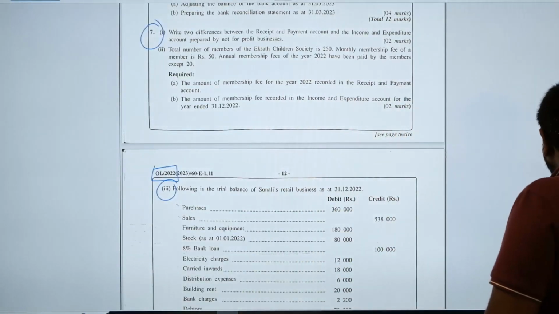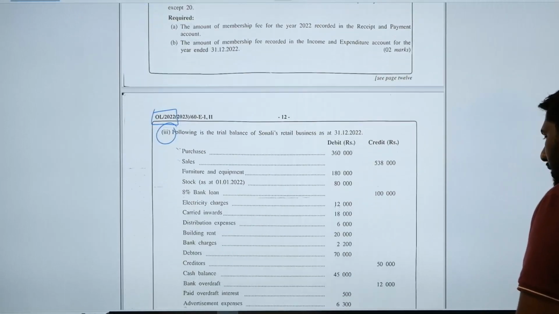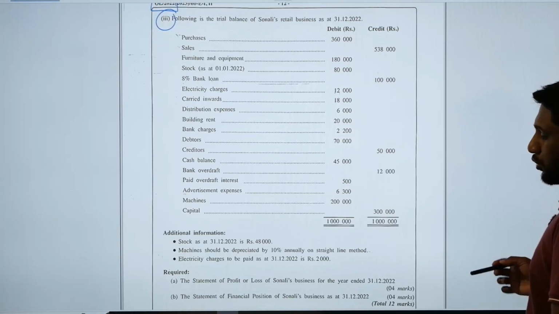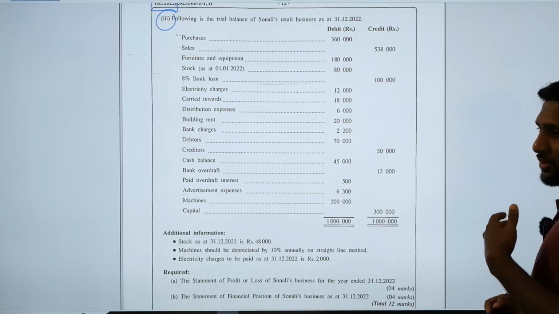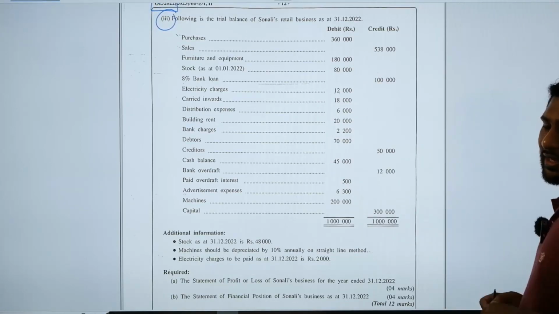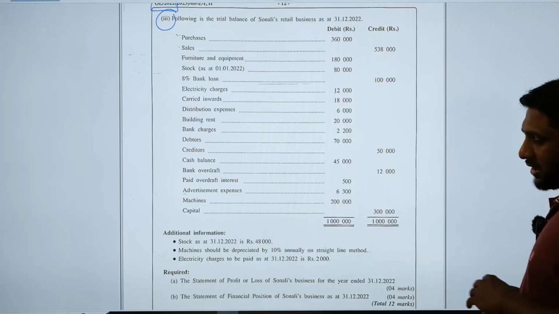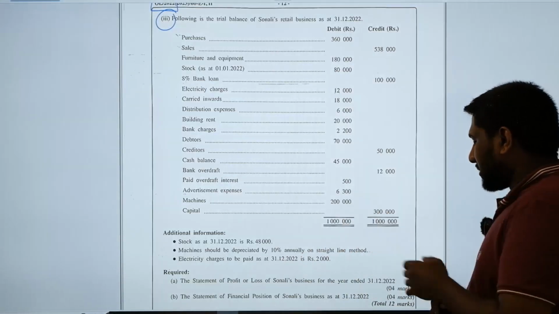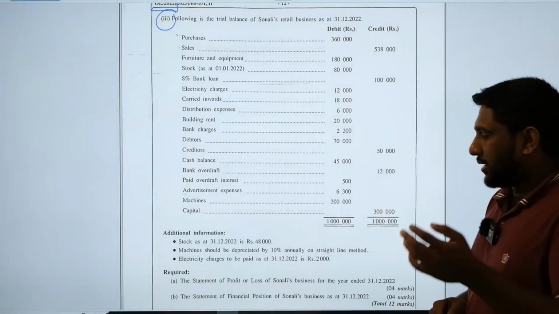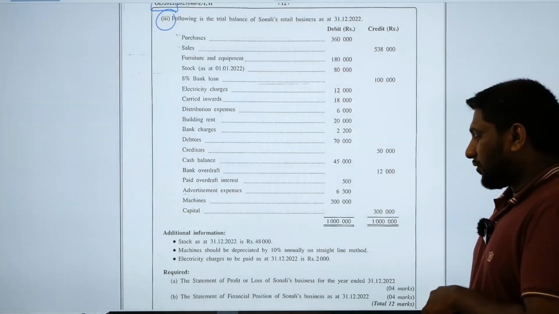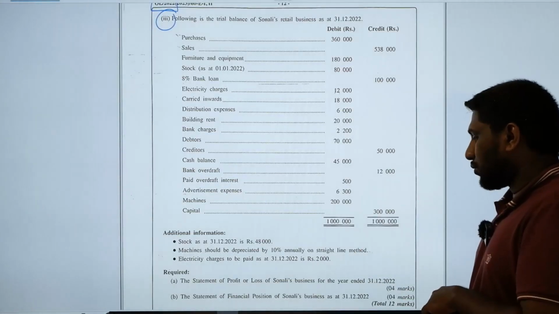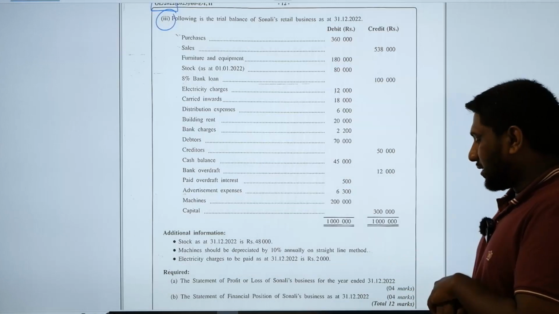When you are attempting this question, I always recommend the students to start with the requirement. Just go through the requirement first, to ensure whether they are asking for the income statement and balance sheet, if not, the statement of profit or loss and the statement of financial position. Here they are asking the same requirement as in all other years: prepare the statement of profit or loss for the year ended 31st December 2022 and the statement of financial position as